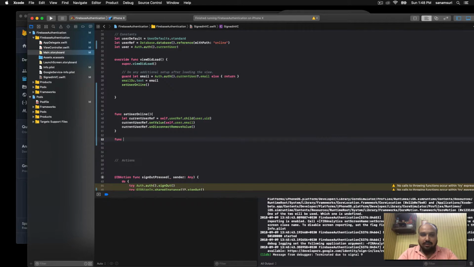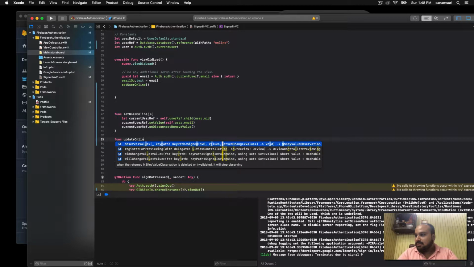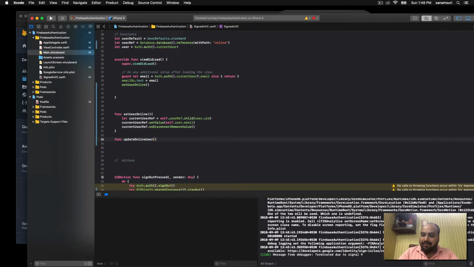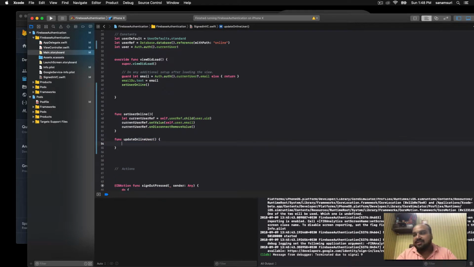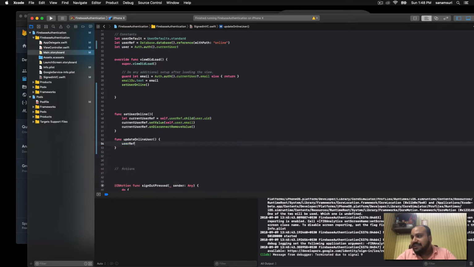I'm gonna call func update online user. So this one is gonna set the user online, and this one will update the database itself, and the app itself with the values. So again, we need the user ref because we need the same endpoint, the online endpoint, and we need to observe this particular endpoint, and we need to observe with the value. So if there is any change in the value, we need to observe that. And then in the snapshot, we'll get a snapshot,